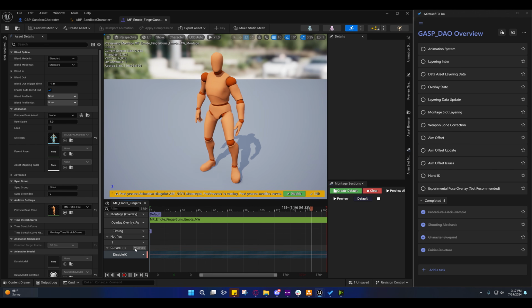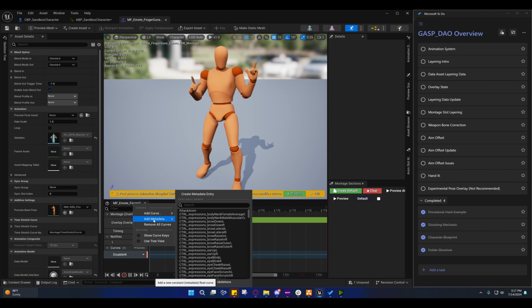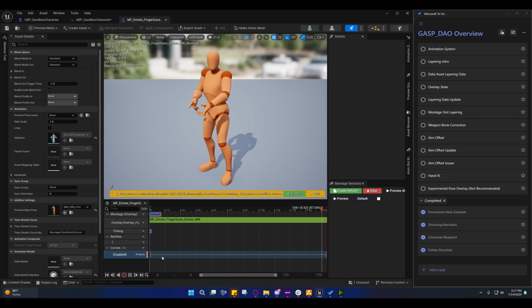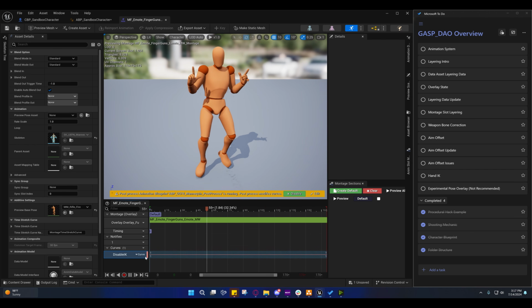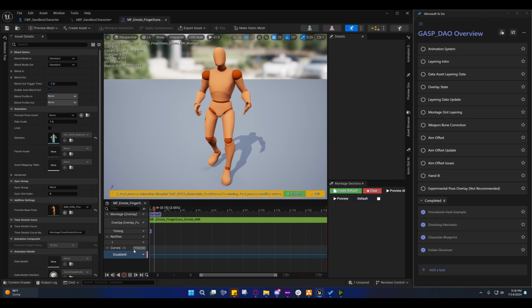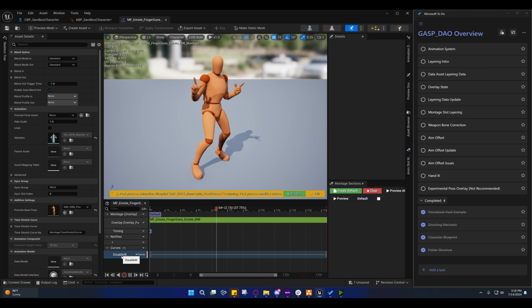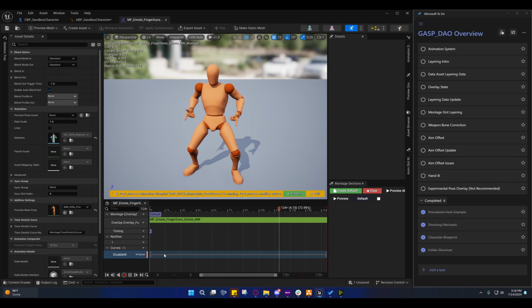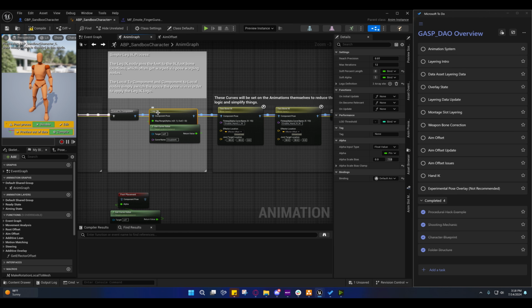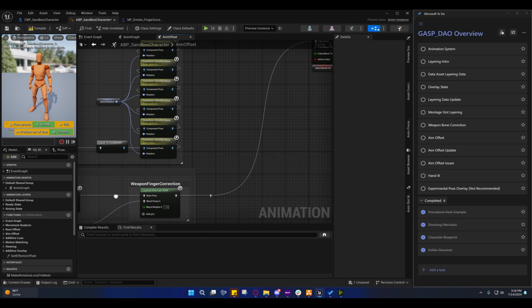So it's easy to just add a metadata curve if you need something to be 1 and you only need it to be 1. That's its purpose. You can just add that DisableIK metadata curve right here, and it'll be 1, and that'll just mean that the leg IK gets disabled, and inside of here,